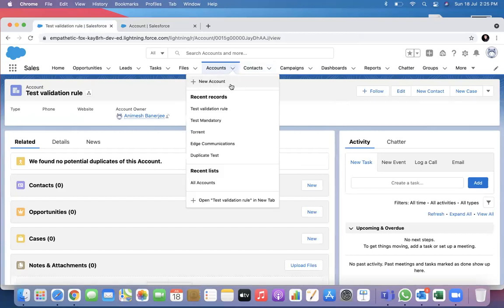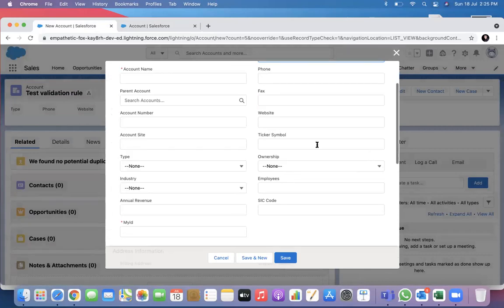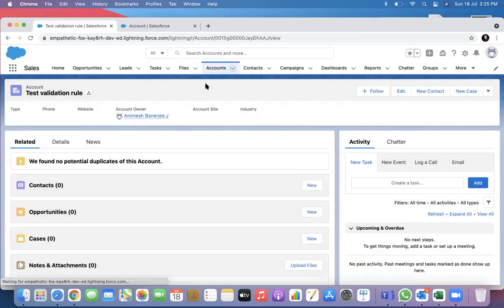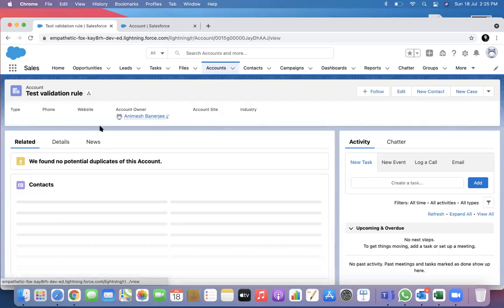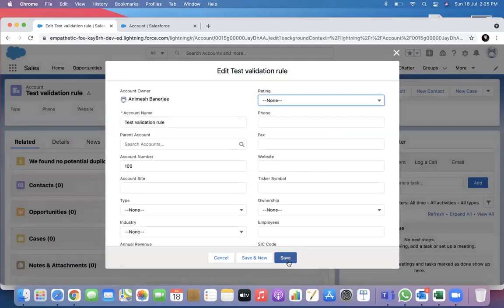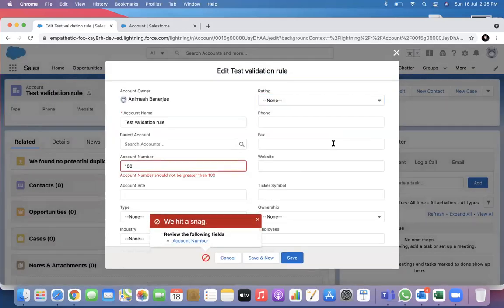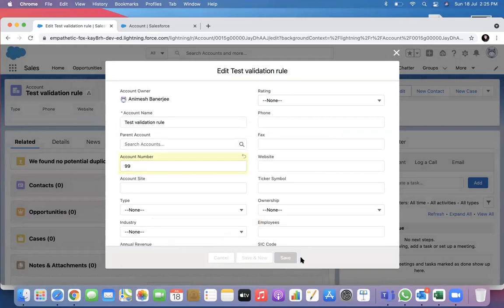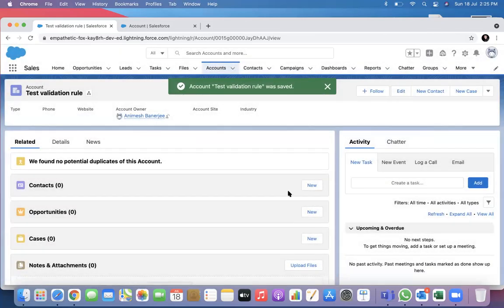Now even if you go to the same record which you just saved, edit it and save it, it will block it. Now it will take up till 99, 99.9999 also, if it's a numeric value. The idea is you can write your own logic for validating user inputs.